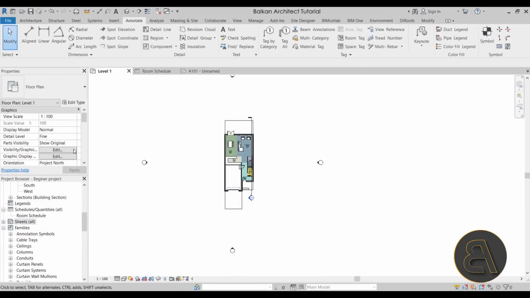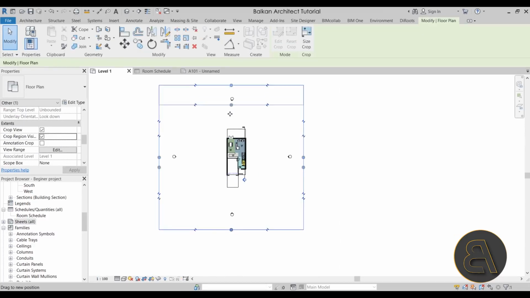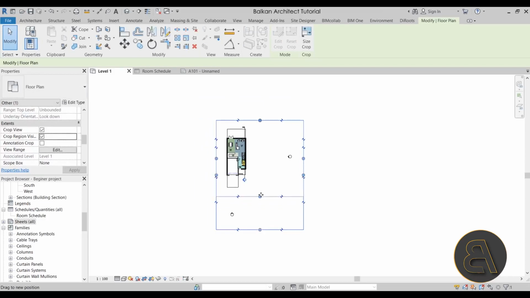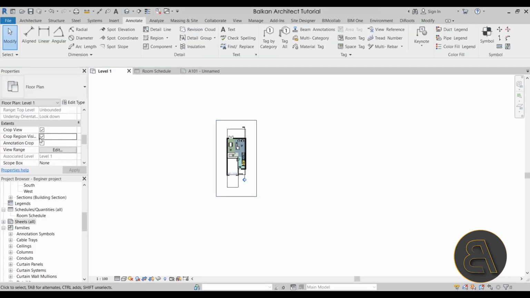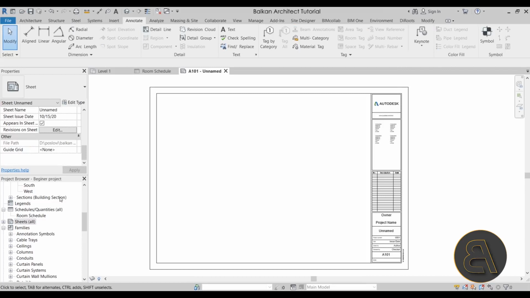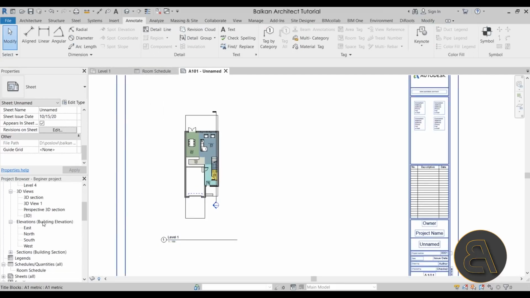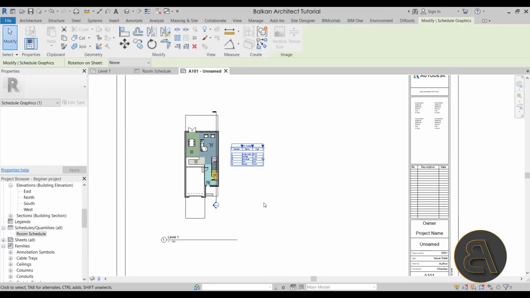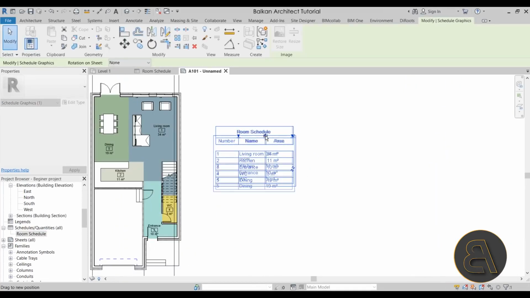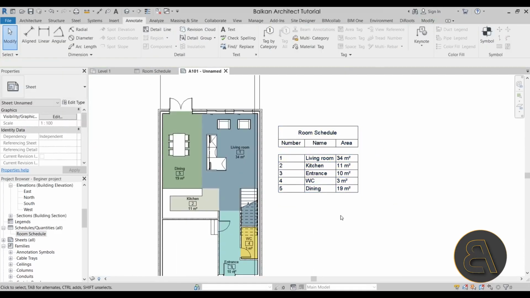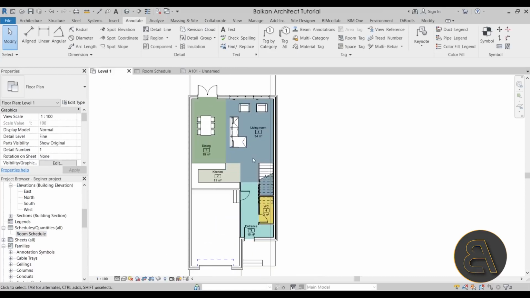And then if we select this floor plan, let's just give it a quick cropped view. So just crop it like that. And I also like to uncheck crop region visible when I'm done editing the crop region. And let's go now to that sheet, find that level 1 floor plan, drag it over, perfect. And then the room schedule. And I like to just have that here, maybe make it a bit smaller. There we go. I prefer having something that looks like this, and then we can go back here